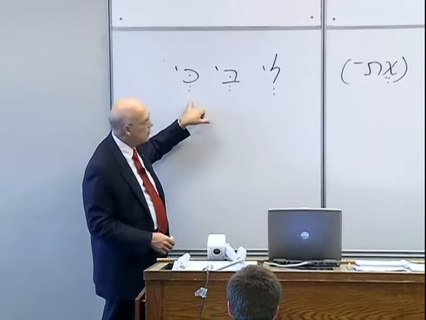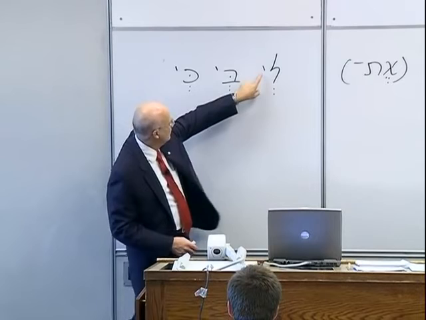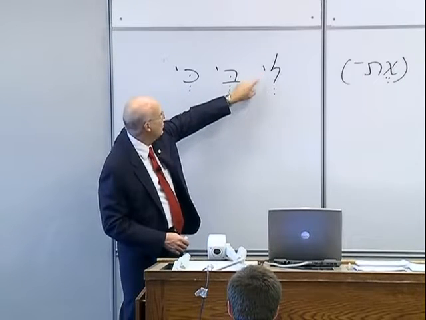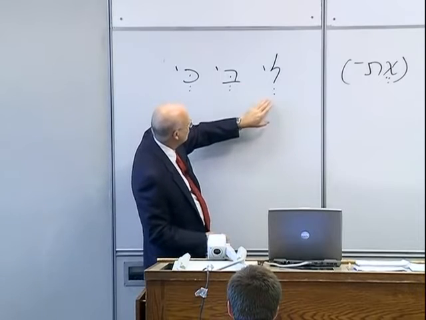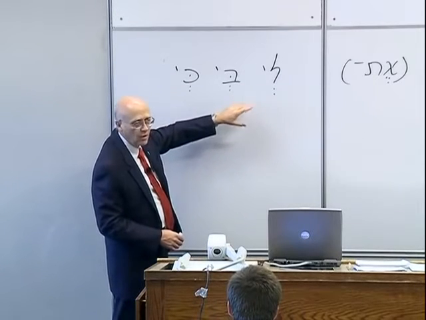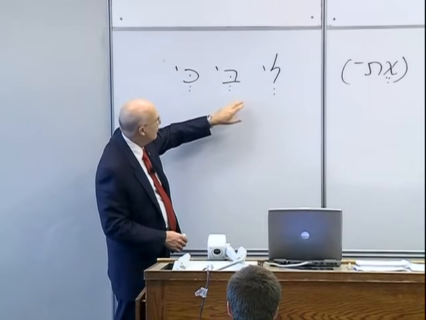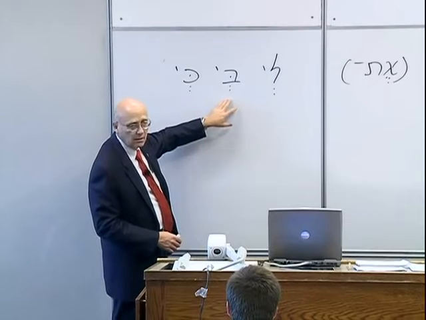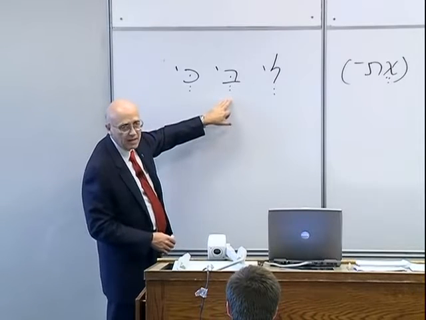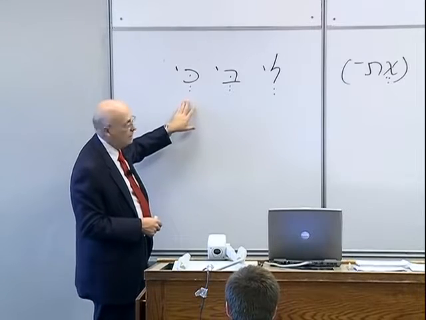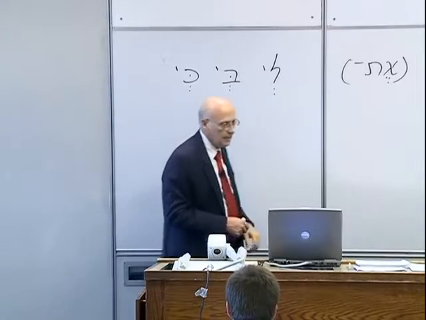We'll talk about other forms, other vowels that come under it. This symbol is merely to show that something else is attached. This is not a yod. That's just an abbreviation symbol. So that's pronounced this, la. That means to, for, and about 21 other meanings, depending on context. Ba can mean in, by, with, and a number of other meanings. Ka means as or like.